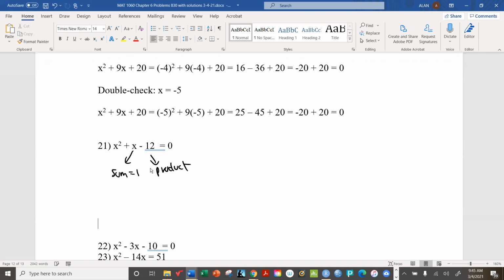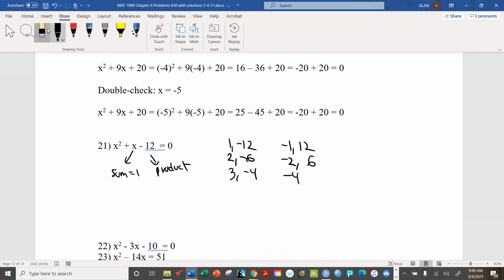So let's try them out. 1, -12, -1, +12, 2, -6, -2, +6, 3, -4, -3, +4. Of all of these, only one gives us a sum of +1, and that's this one. All right. So therefore, the factors must be